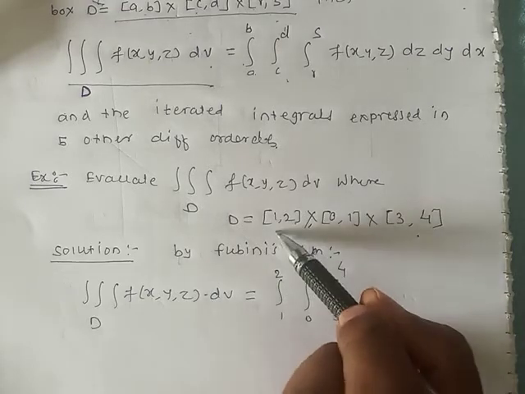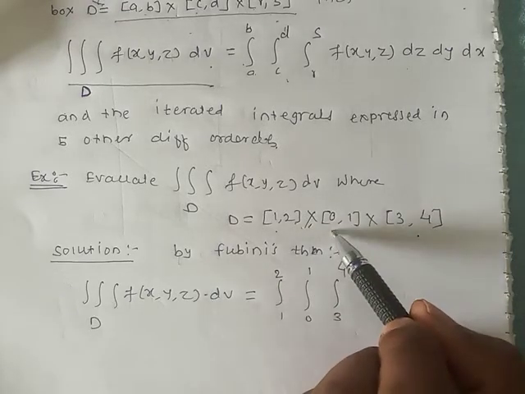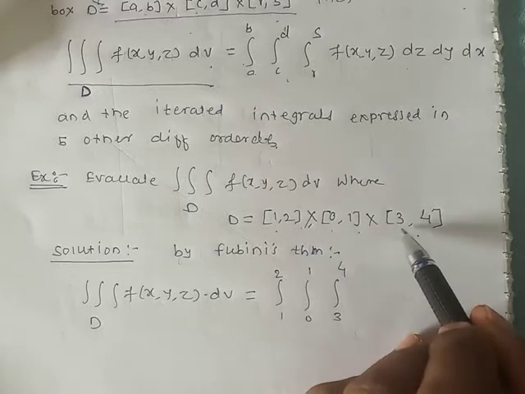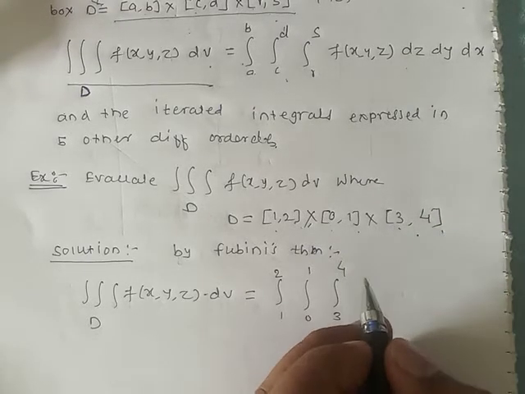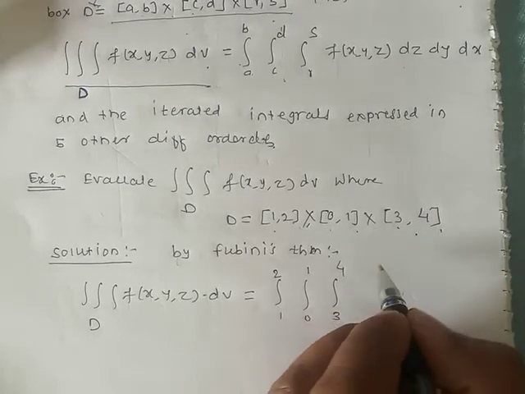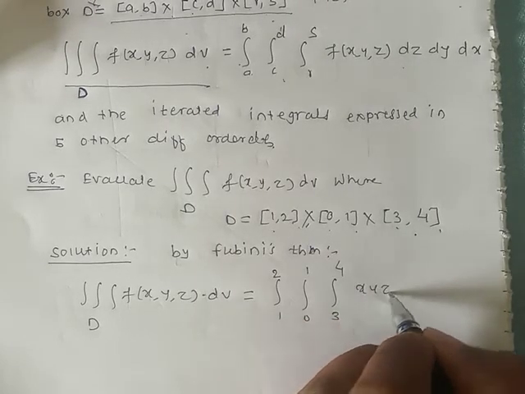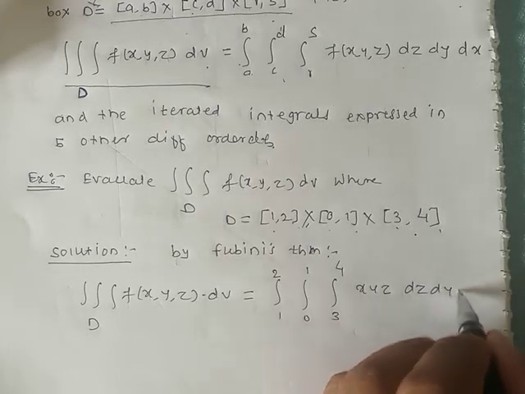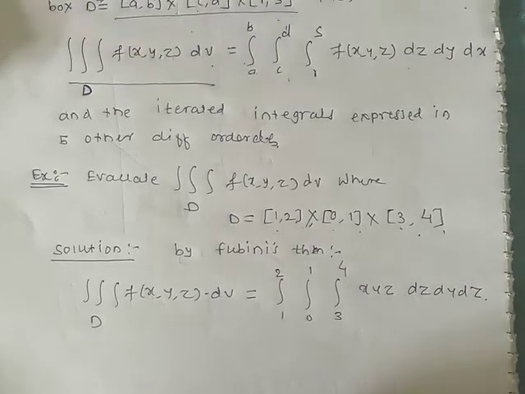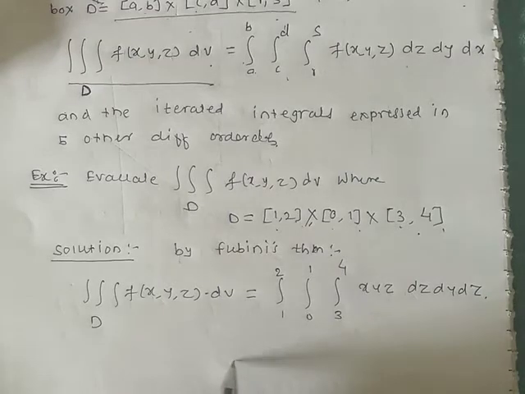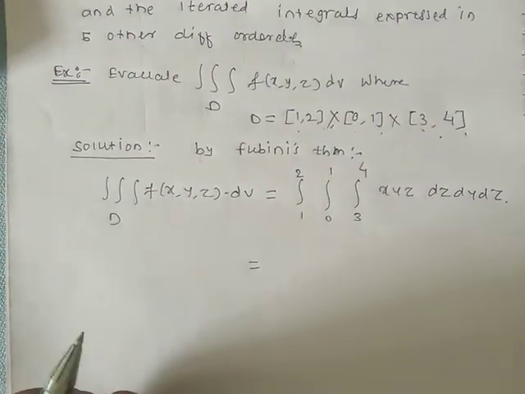So first is from 1 to 2, in the second we have from 0 to 1, and in the third we have the integration from 3 to 4, and the function is xyz dz dy dx,